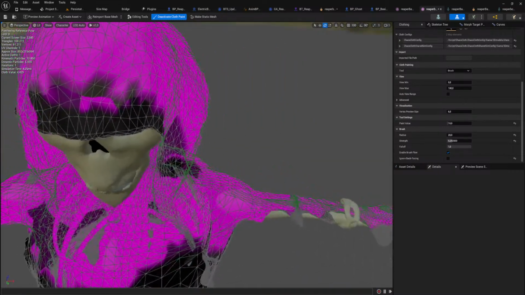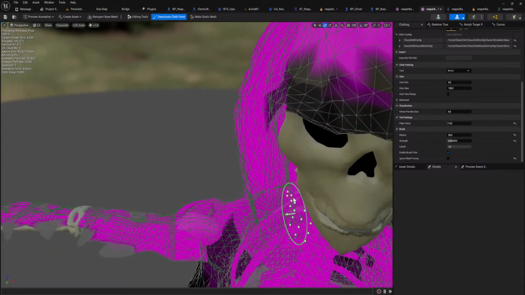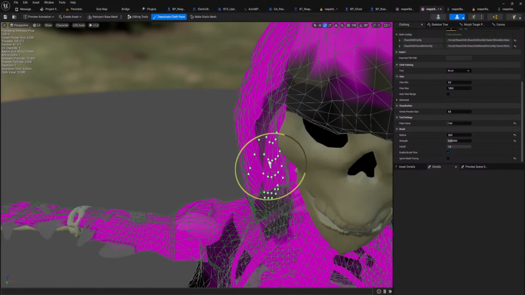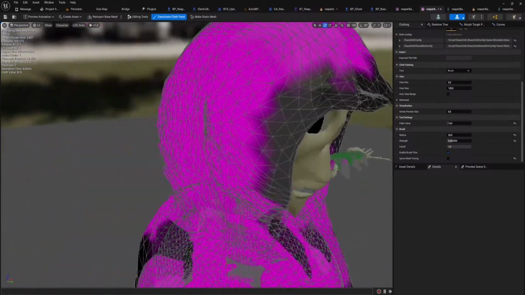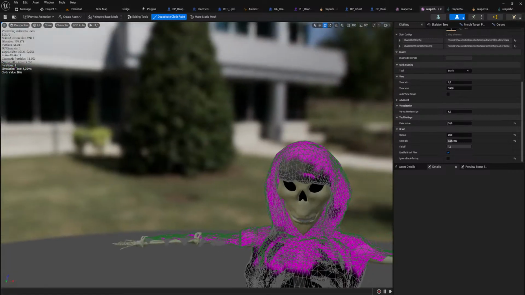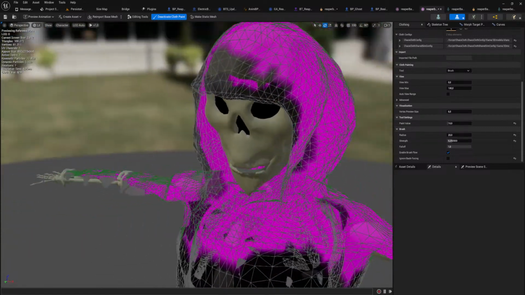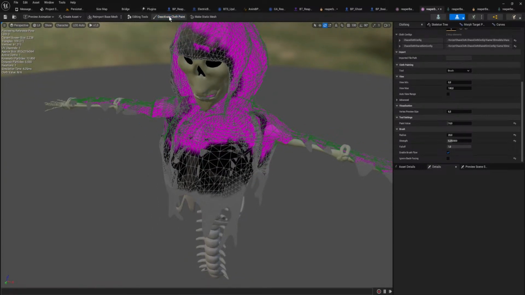I also suck at cloth painting, so my advice is get good. And when you do, give me advice. That is really all I got for you, because I just don't know, honestly. I also wish that I could turn on backface culling for this somehow, because it's really messing me up quite a bit.